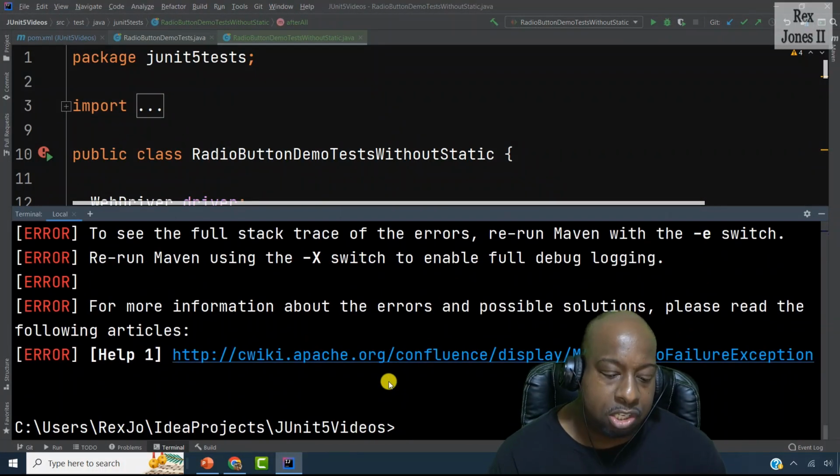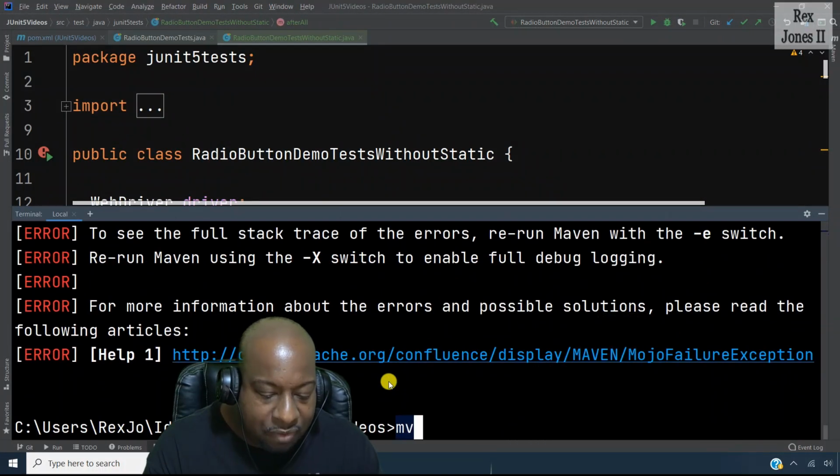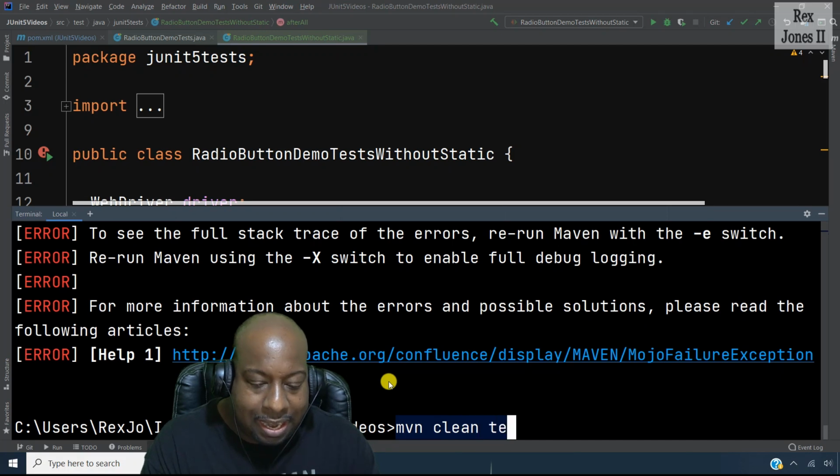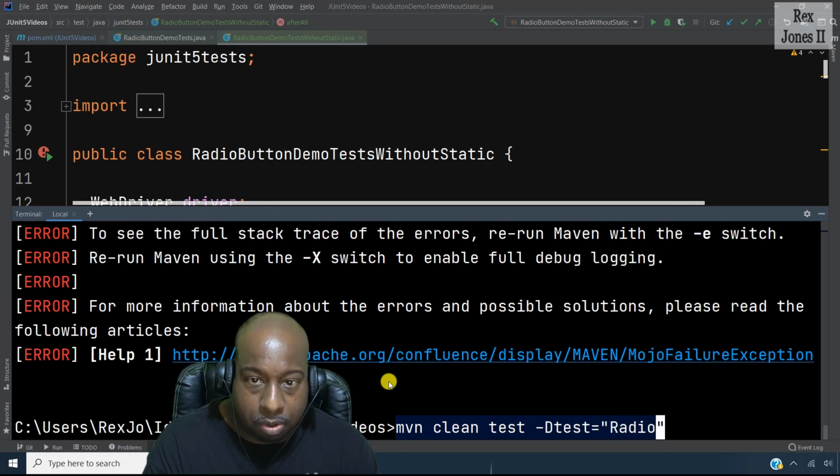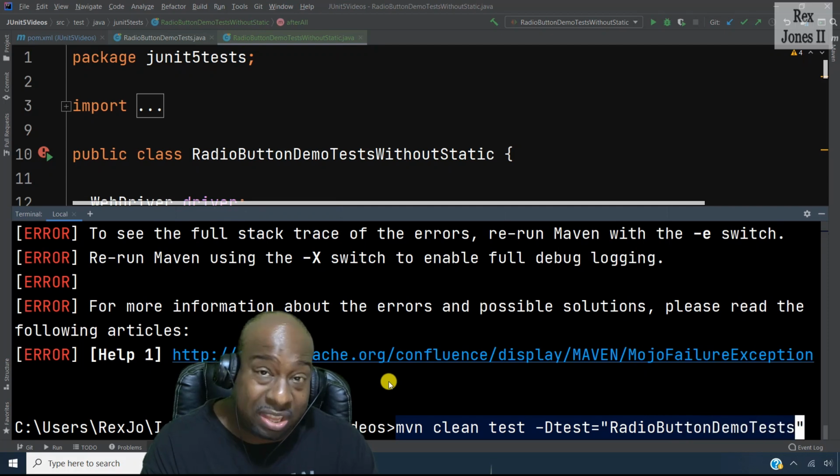And it's a different way to write it. We write mvn clean test. Now we write hyphen, capital D, test, equals the name, which is RadioButtonDemoTests